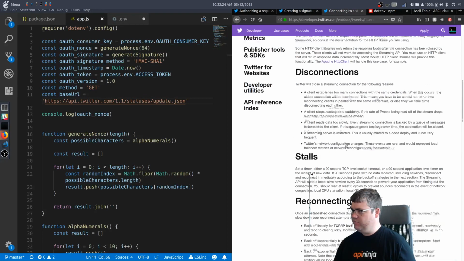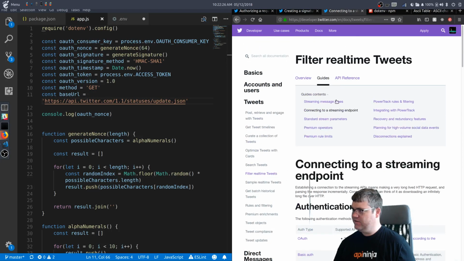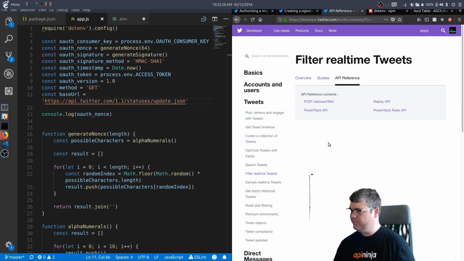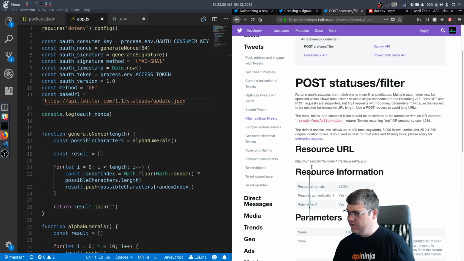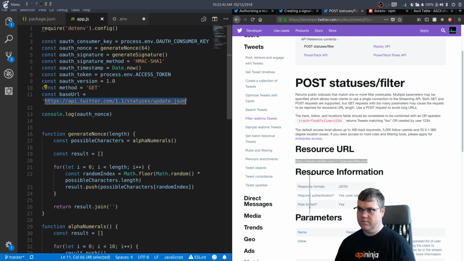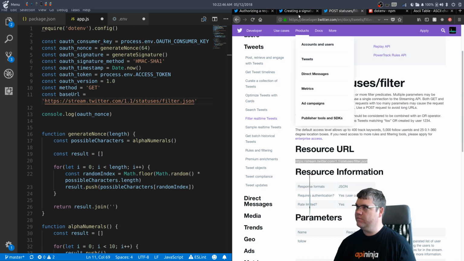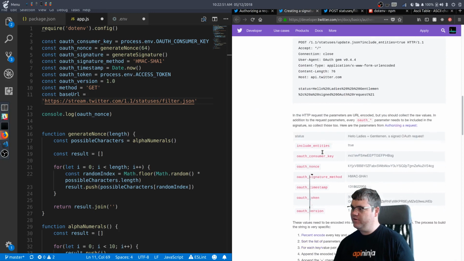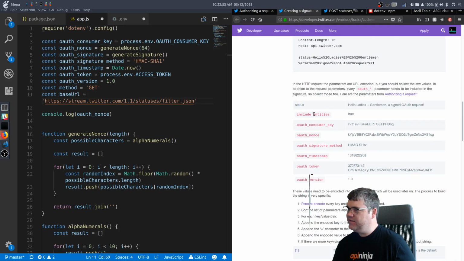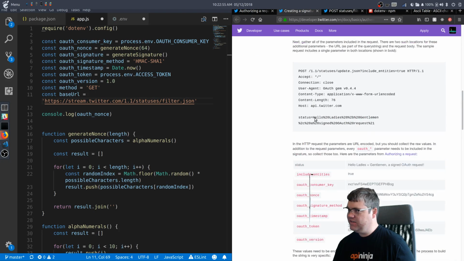Do you give us the endpoint anywhere? Is it in the API reference? Here it is, our resource URL. Okay, so collecting our parameters. We're going to need, does it have,